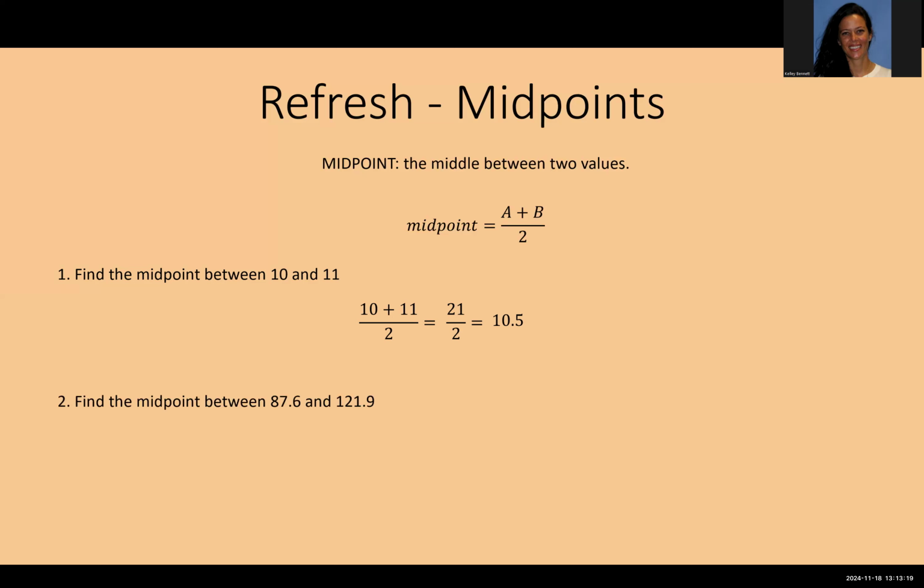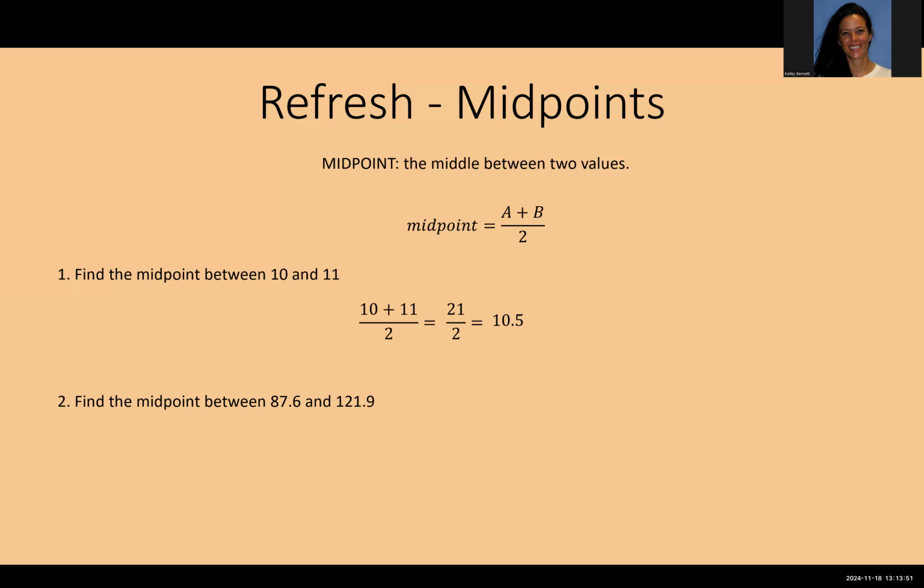Let's try something a little bit more challenging. Find the midpoint between 87.6 and 121.9. I would like to take a moment to remind us that we should expect an answer that is higher than 87.6 and lower than 121.9. If you get an answer that is lower than 87.6 or higher than 121.9, most likely that is a